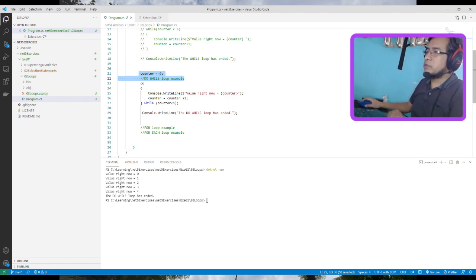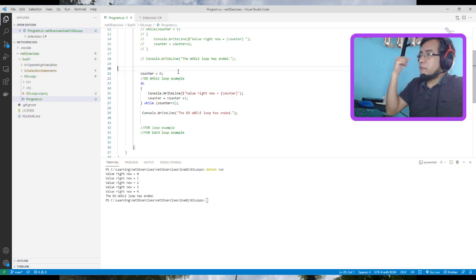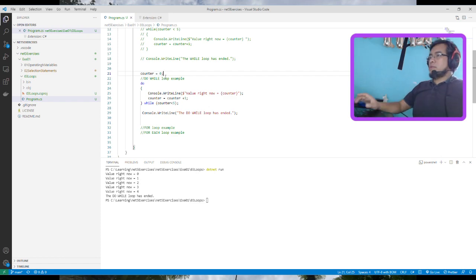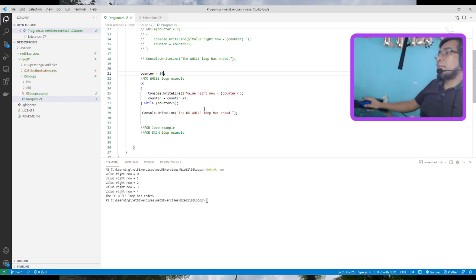I'm going to change the value of counter. So instead of counter, I'm going to use 10. Okay, so I'm going to change it to 10 because